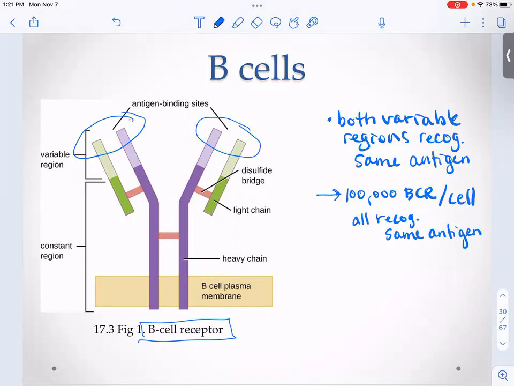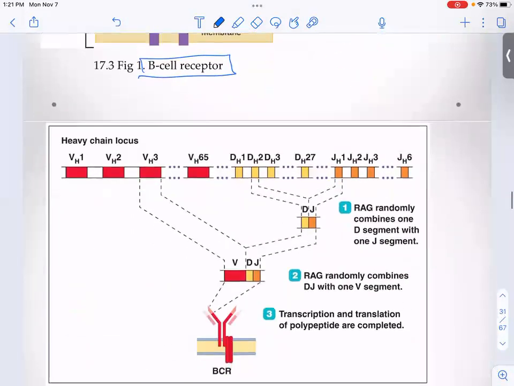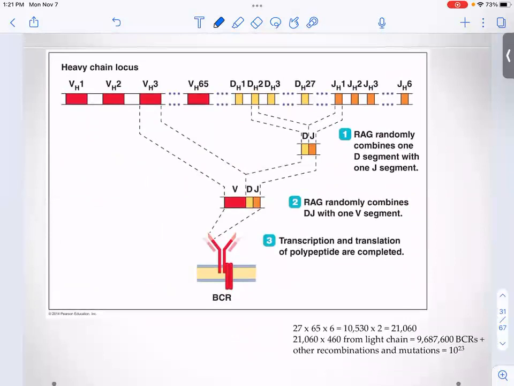All right. So a question that plagued researchers for a really long time is, if we have all these different B cell receptors that recognize all these different things, how is that possible? Because we only have about 25,000 genes in our body. So how can we make millions of different B cells? Well, the basic idea is, and I know this is kind of a complicated looking diagram, but the basic idea is that on the gene that encodes for the B cell receptor, for that antibody binding region of both the heavy chain and the light chain of the B cell receptor,